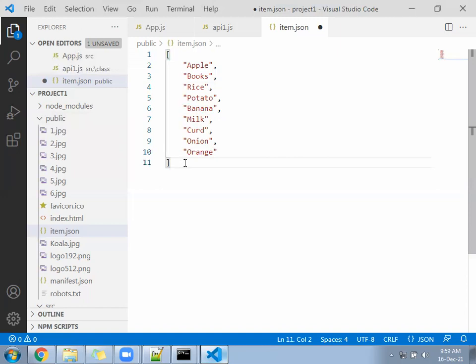That JSON file is holding some content in the form of an array. This array should get read by the api1.js file.